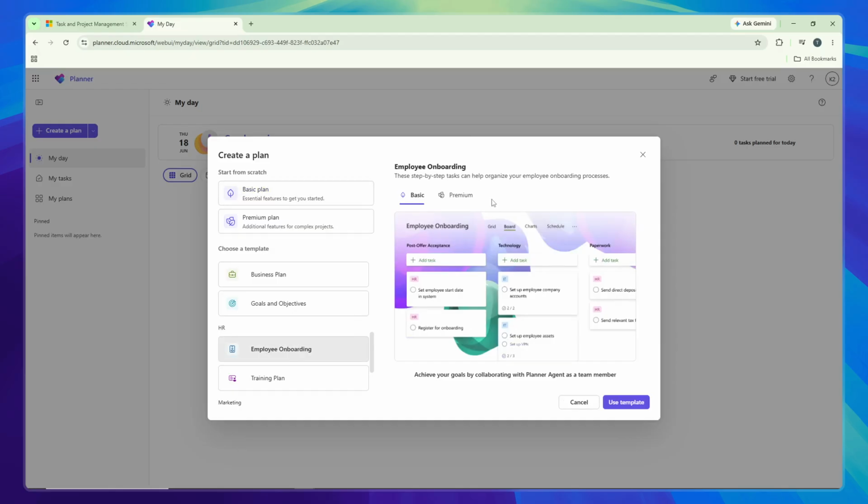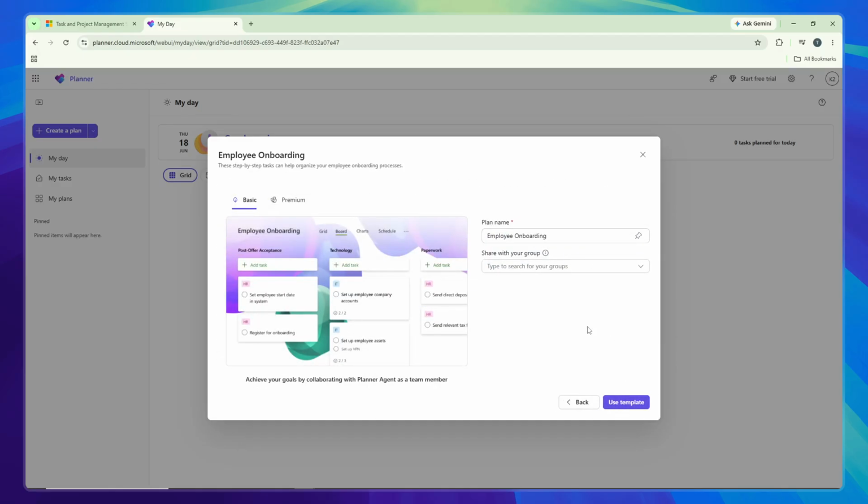Once you've selected the Employee Onboarding template, click the Use Template button. This action tells Microsoft Planner that you want to base your new plan on this pre-designed structure. Next, you'll be prompted to input a plan name. Give your plan a clear and descriptive title, something like New Hire Onboarding 2025 or Sales Team Onboarding, depending on